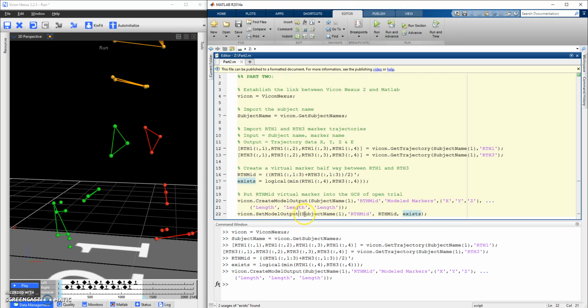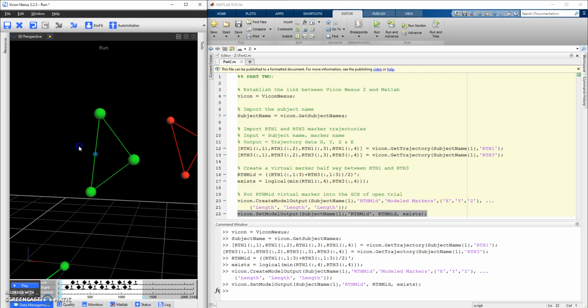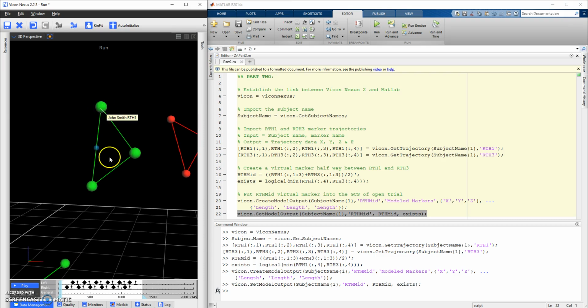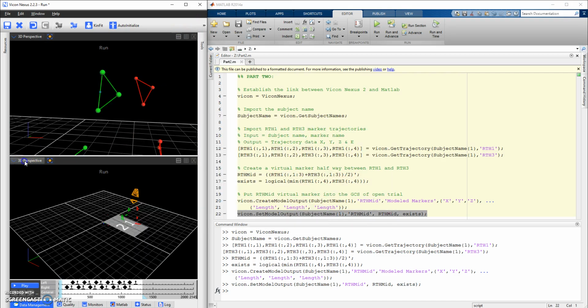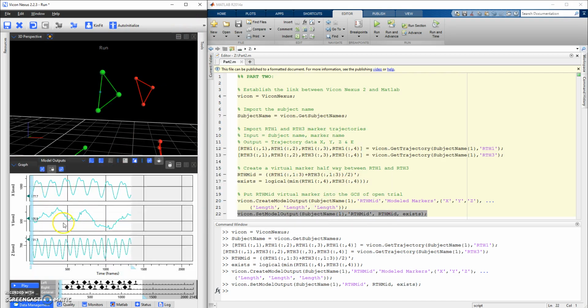And the input that we need for that is subject name again, the marker name that you're going to use. You've got to have the data that you prepared, so obviously the midpoint data, and then your exists matrix. So if I now run this one, what you might have noticed is that a very small virtual marker has appeared in this space here. And it is the midpoint of RTH1 and RTH3. And if I just hover over it there, click on that, and graph it, you can see it has X, Y, and Z components